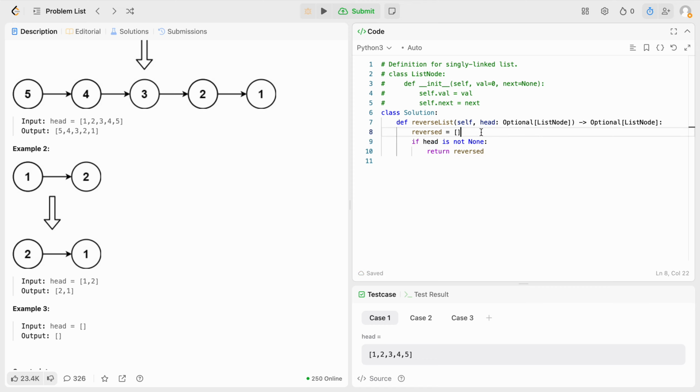I honestly don't even need this case. If head is not none, reverse.append,